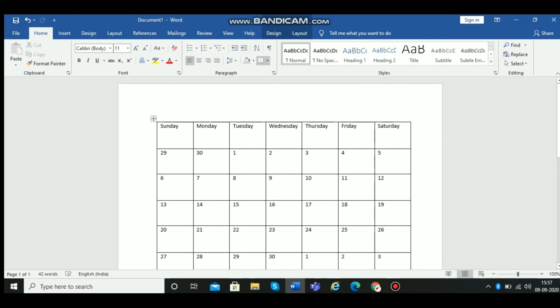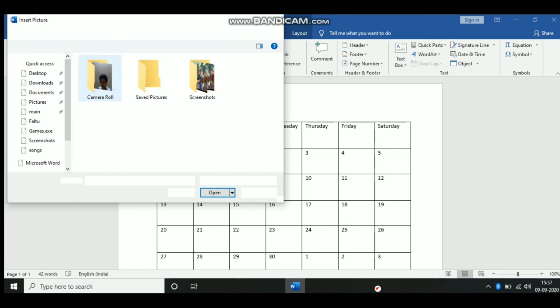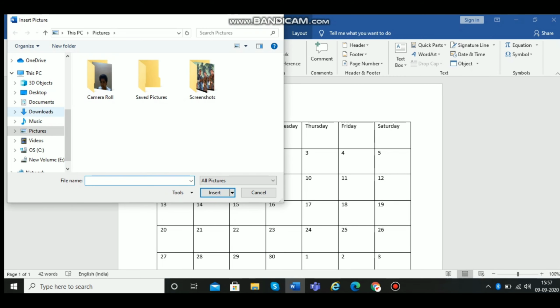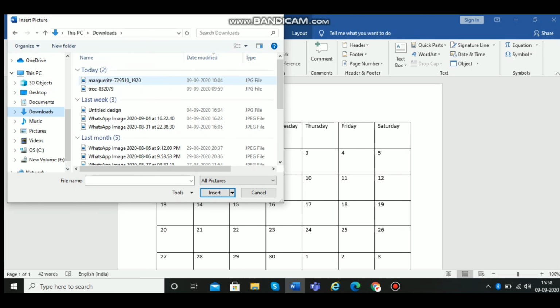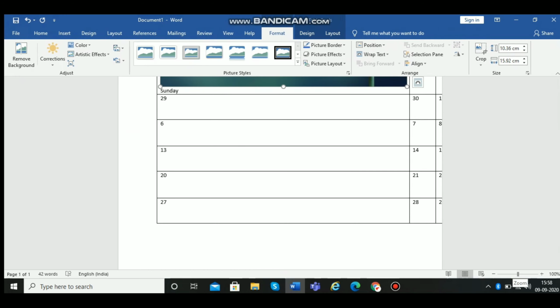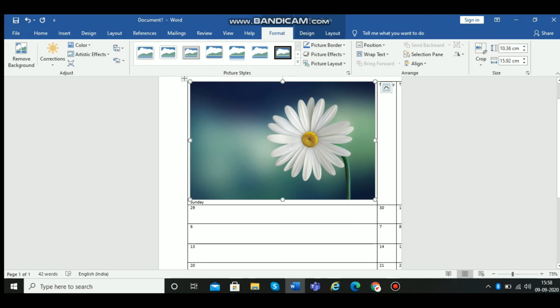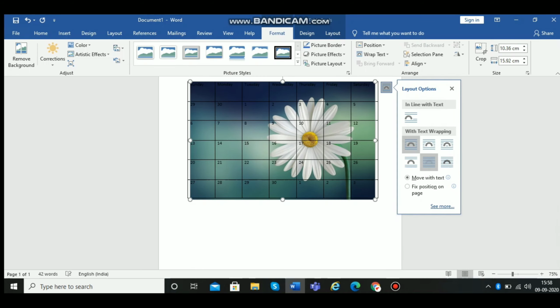It looks good, and now we'll again click on insert and then we'll click on pictures and then this device. And then we'll choose our image, the background image. You can choose any of your image or you can take the image which I have given you in the description box. So yeah, but there's a problem over here. When we insert the image it gets fit into the table and ruins our whole calendar. For that, we'll click on right of the image and then behind text, and now it looks good.